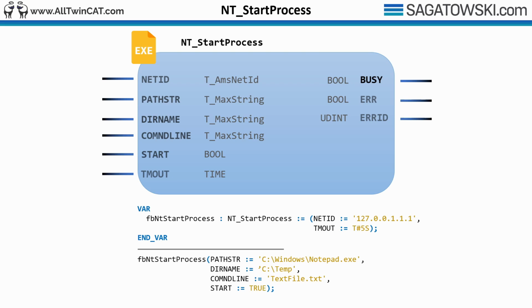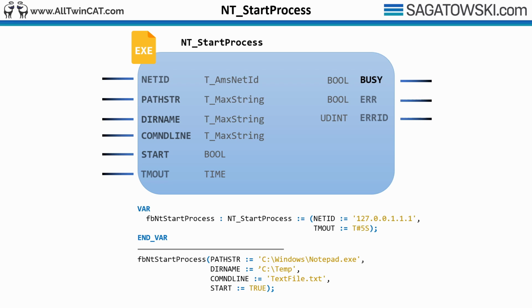To start the Windows application from your PLC code, simply call it with the rising edge of the start input. In this example, we are starting the application notepad with the working directory of temp on the C drive and with the command line parameter of textfile.txt. This would result in our PLC opening the file textfile.txt in the folder temp if it existed using Notepad. If the file didn't exist, it would instead create a new file with the name textfile.txt in the temp folder